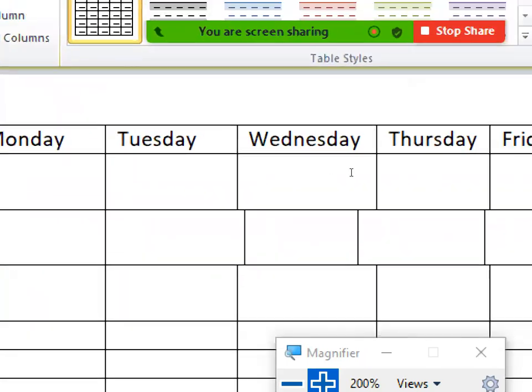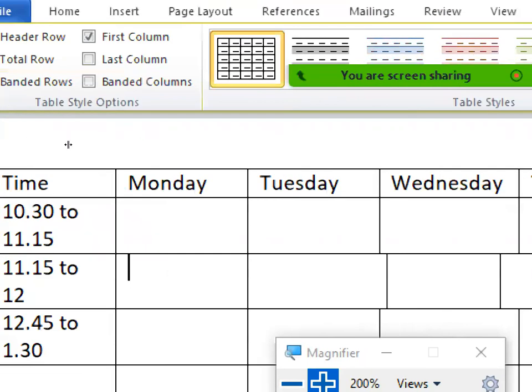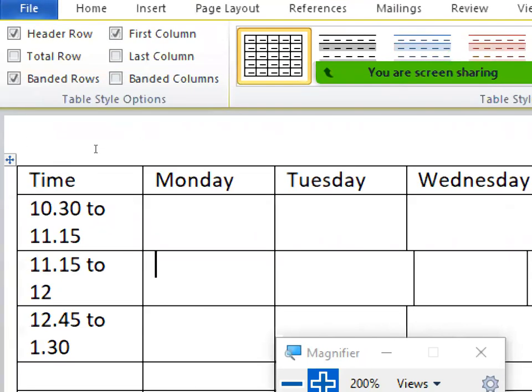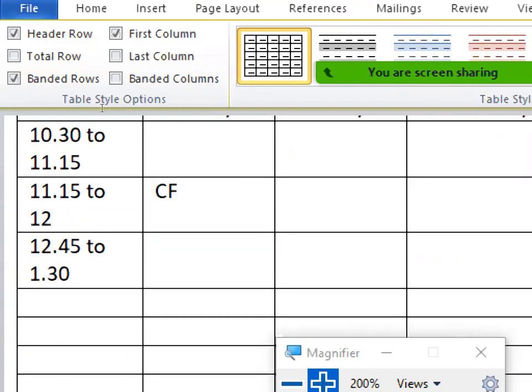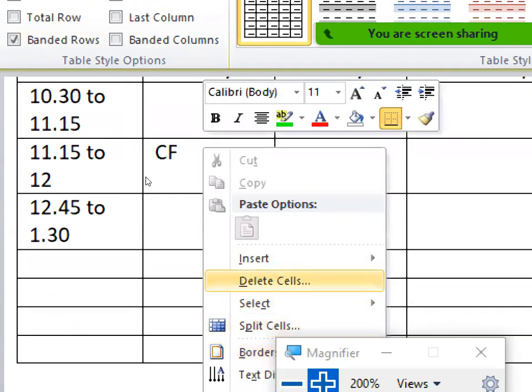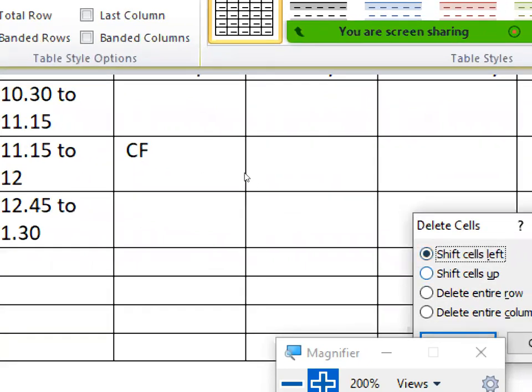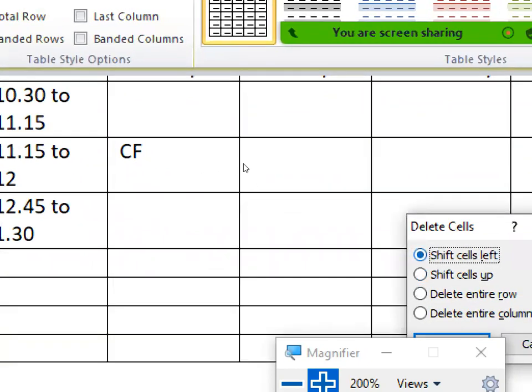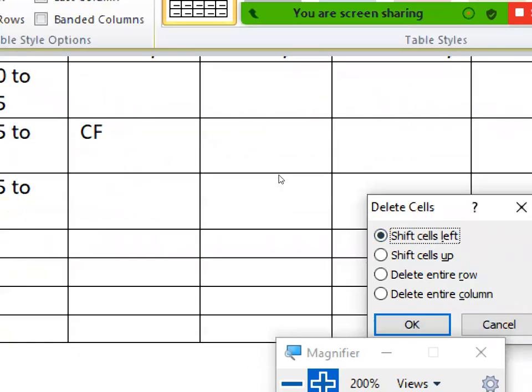So this cell has been shifted now. So for that, we can use shift cells. Go to delete cells. Here you can have shift cells up or shift cells left.